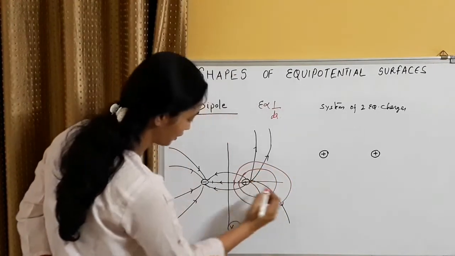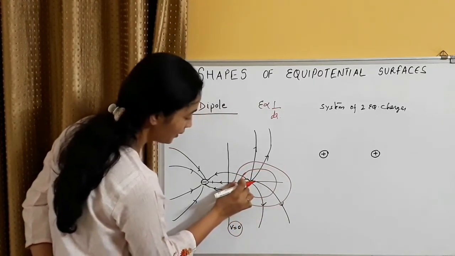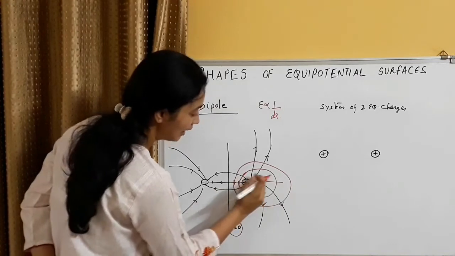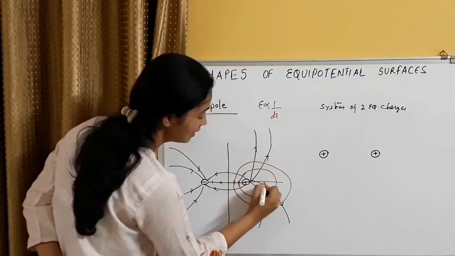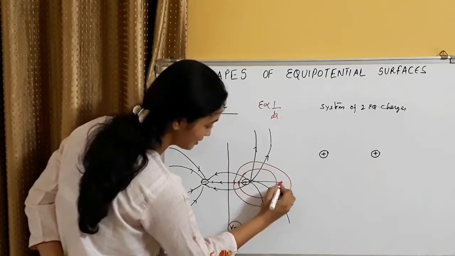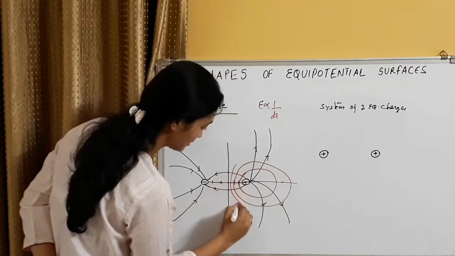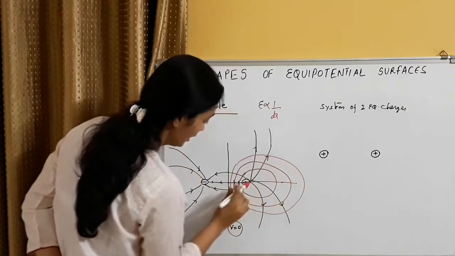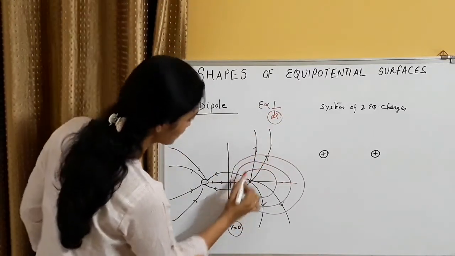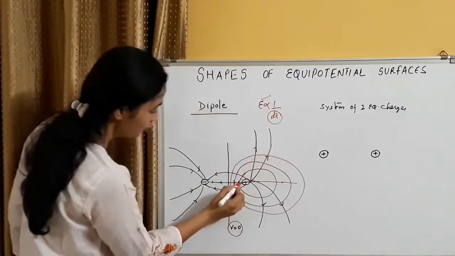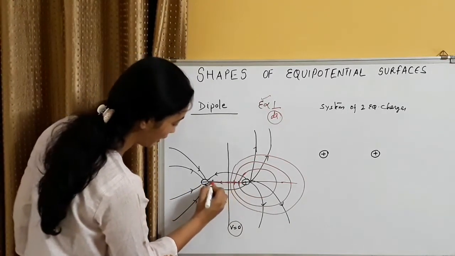Can you see the difference? Here the distance between two equipotential surfaces is small because here the field is strong, and on the other side, the value of potential that you are getting here, you will get at a somewhat far off distance, and the equipotential surfaces will be like this. Here the distance dr is small between the equipotential surfaces because E is strong. This is the shortest line between plus Q and minus Q, and E is strongest here.